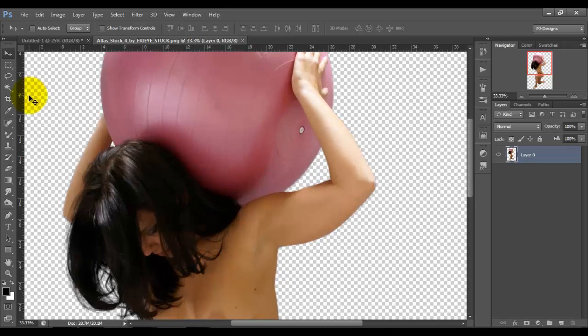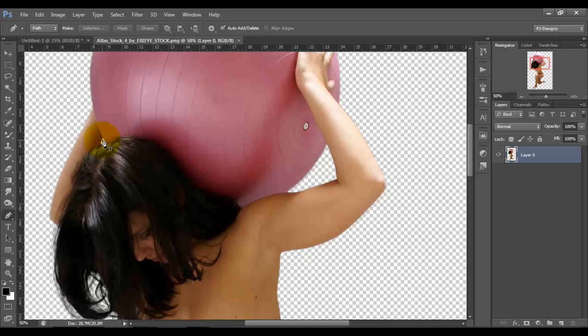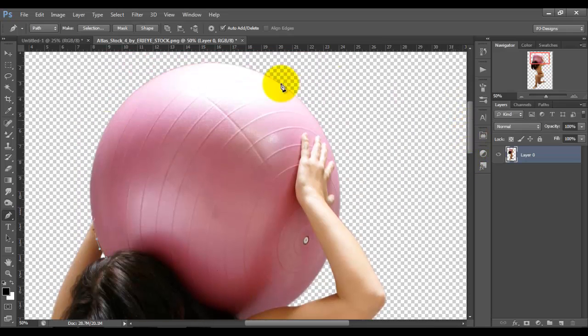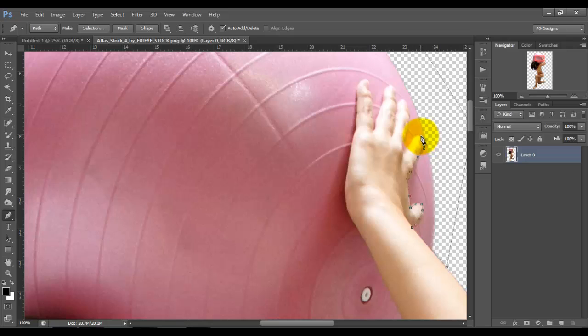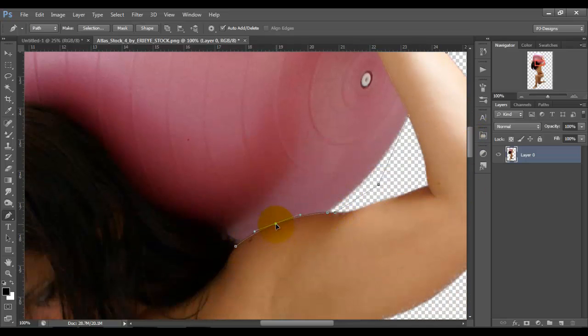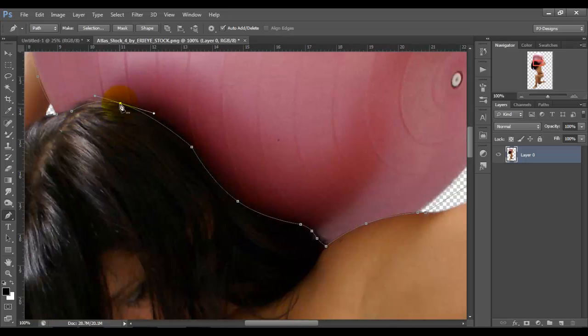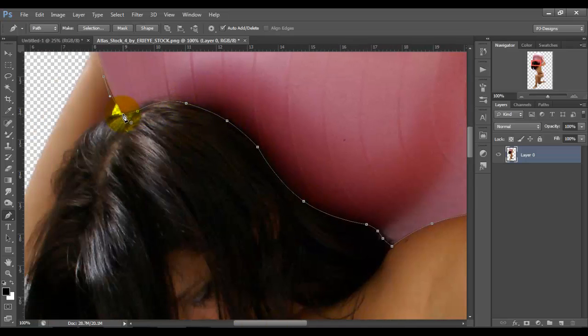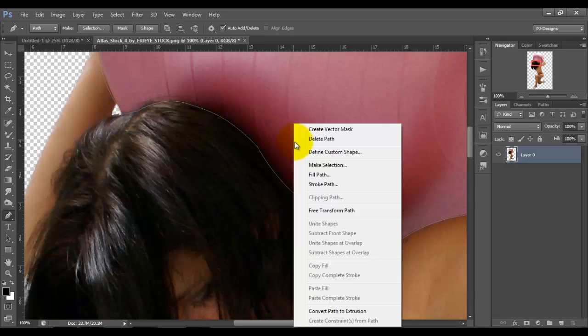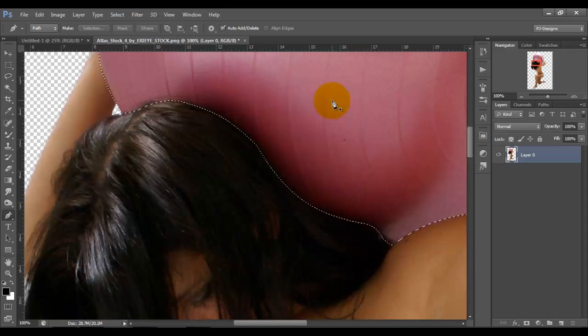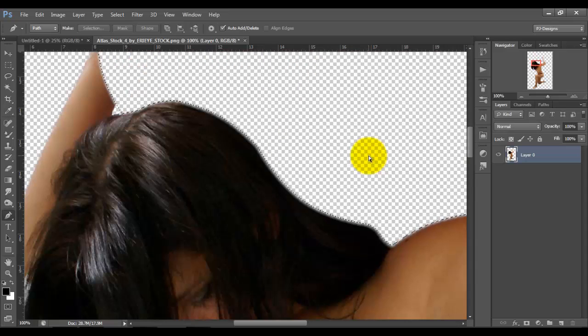So to do that, let's go get the pen tool and just make the paths around the ball to delete it. So after you're done with your paths, go to make selection, OK, and just press delete